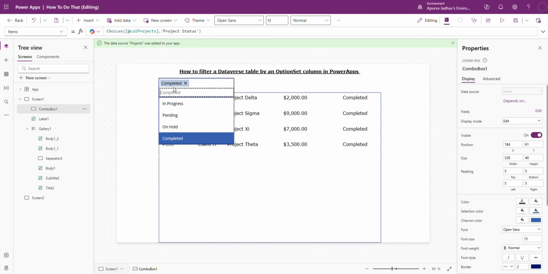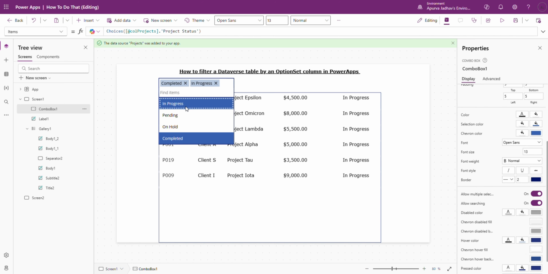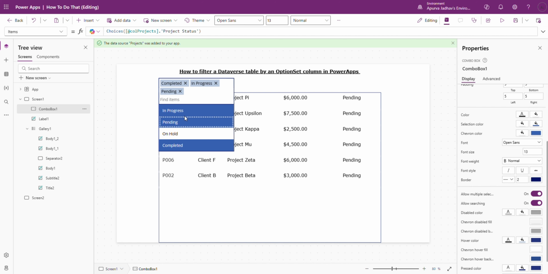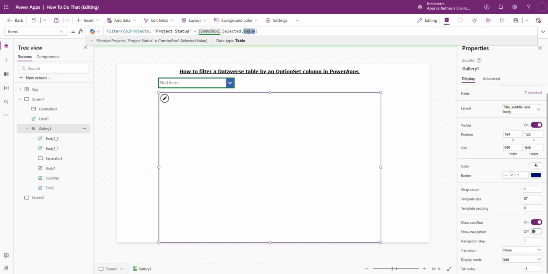But let's say you want to implement the multi-selection option. First, let's turn this allow multi-selection option on, and then let's make changes to our formula because right now our gallery is not filtering the list correctly. So first we need to change this selected dot value to selected items because we have multiple items here, and then this